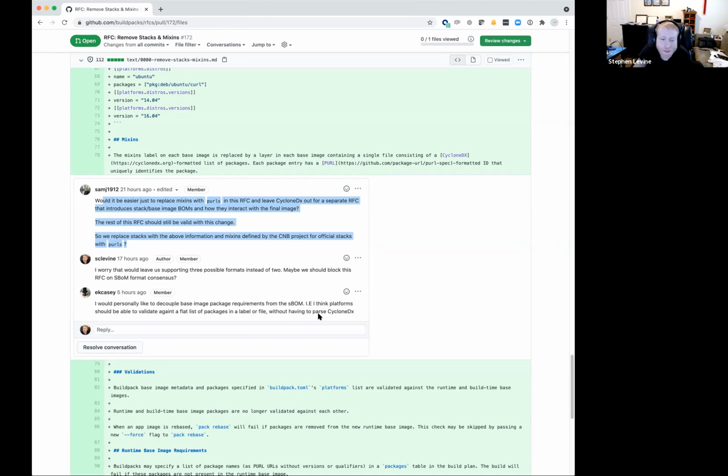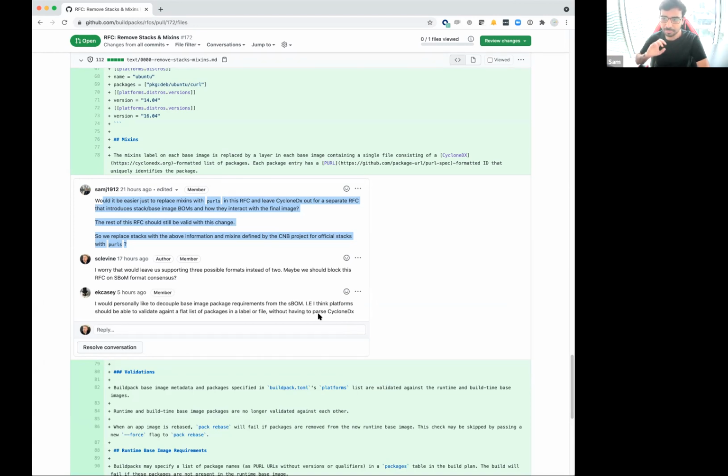Sorry, go ahead. I mean, so Perls in general can be used both in SPDX and CycloneDX. So if we tie this to just Perls, we can in the future change the BOM format. We don't have to care, and this part remains the same. So the part where the stack provides its additions as Perls and where Buildpacks request or require certain packages as Perls, that would stay the same.